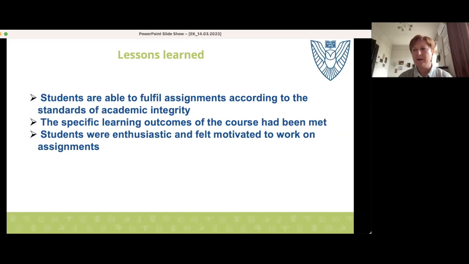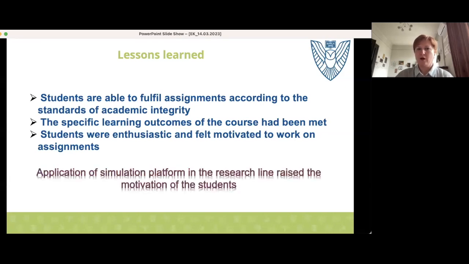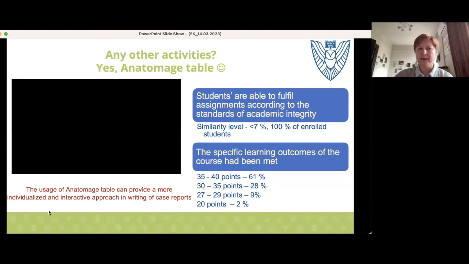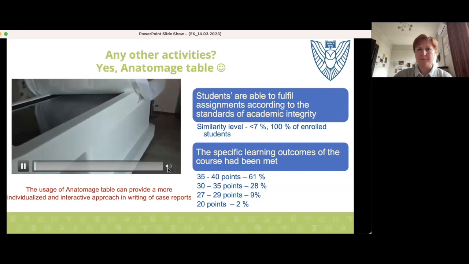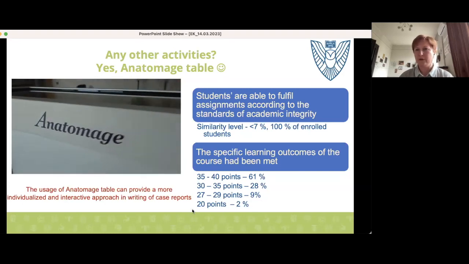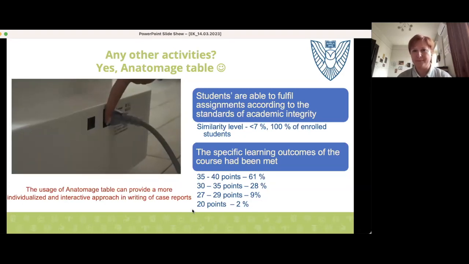So students became interested, and it was the opening of the Pandora's box: it's not anymore just a review of the papers without any link with the clinical practice. They find out that it's related to their profession. Also, we had the point of what else can be implemented and widely used for the research line.